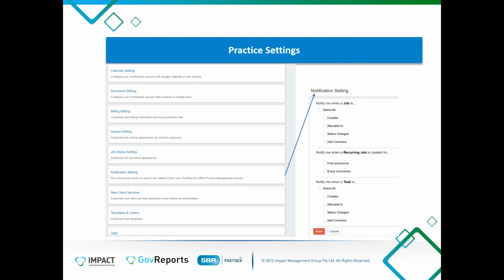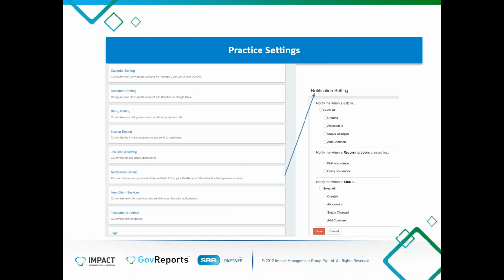In the notification settings, you can turn things on, as you can see in the screenshot, whether when the job's created, you can have it turned on to notify you, because you may not be the only person using the practice management tool or creating these jobs. So, if you're the principal, you might want to know when these things are happening and to see when things are changing, and to make sure that you're also getting a view. You may not want to get all of that either, because you may not necessarily want to be bombarded with absolutely everything. So you have this ability in your notification settings to customize that